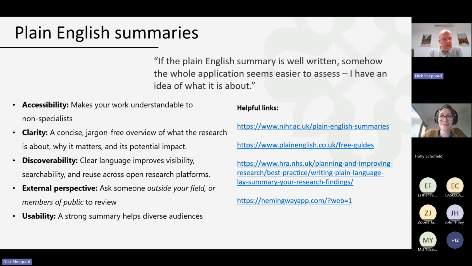That's great. Thanks, Holly. And this is a good example, I suppose, of how we've really emphasised collaboration through open research. Holly and I and another colleague were talking the other week around plain English summaries because it was interesting to us. But obviously, Holly works in a different part of the university, so we are running